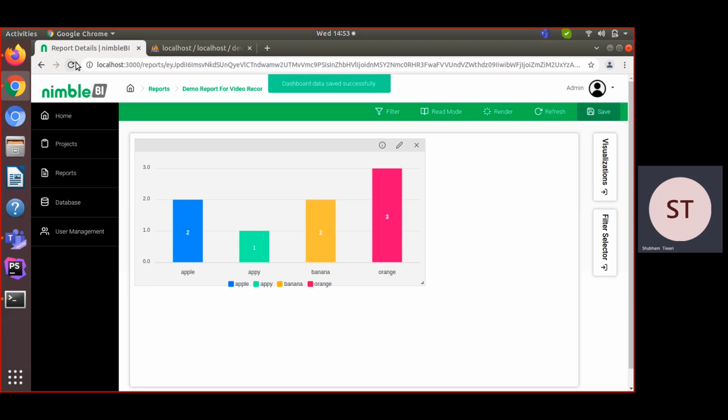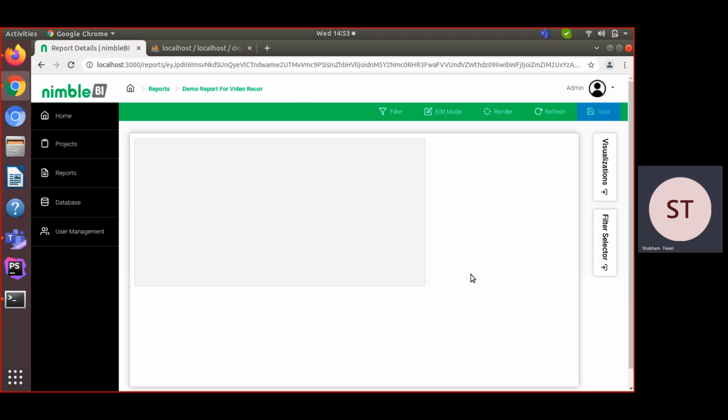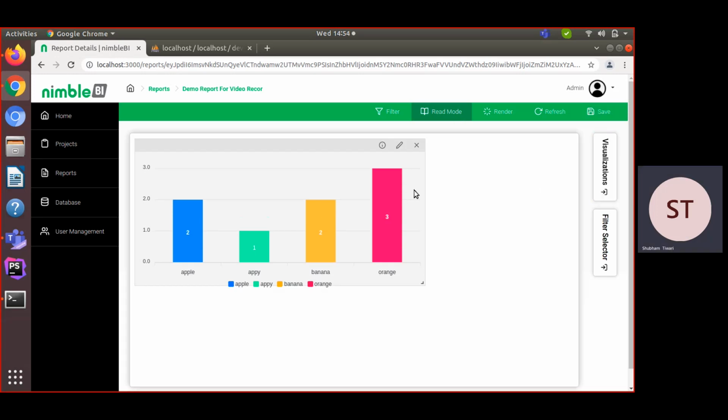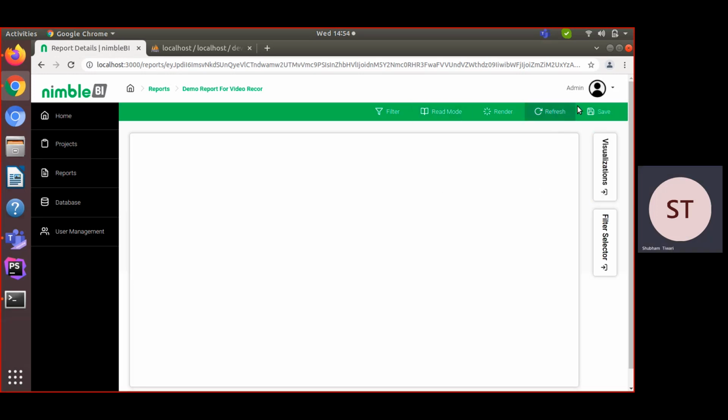Now save it and reload it. So again, for our next demo, I am deleting this. It's not important to read it to you because I want to show you each and every graph on a blank screen. So because of that reason, I'm deleting. But at the end, I will show you creating two to three graphs in the same page. But for the demo, I'm just deleting this.